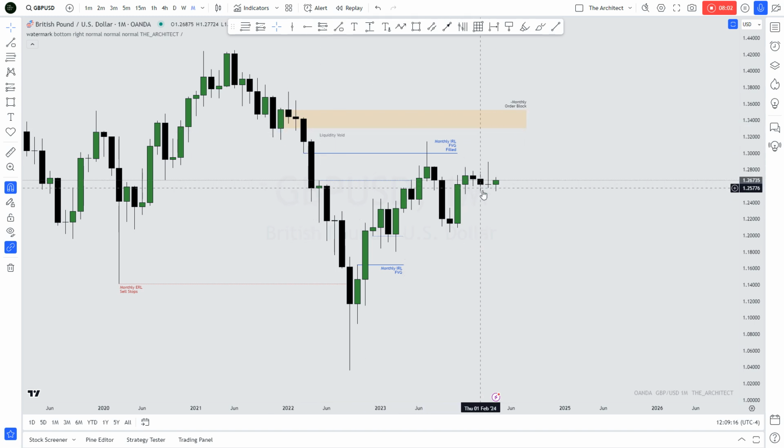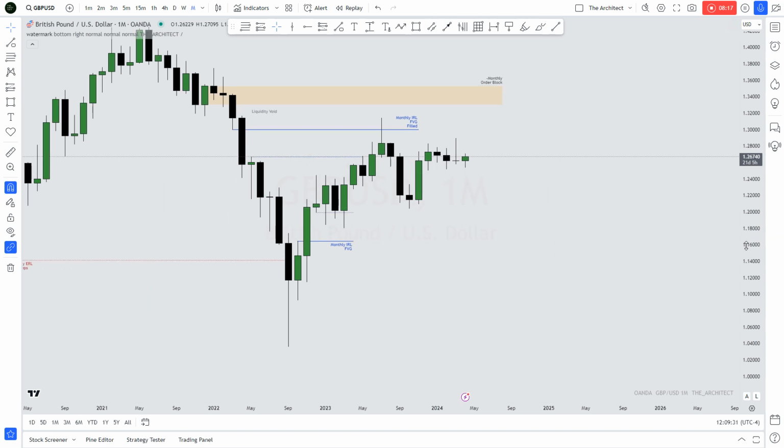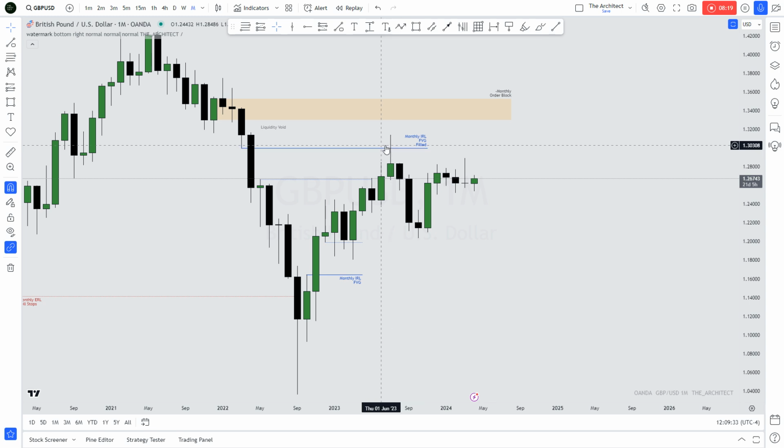So there's a likelihood that we may see price wanting to deliver so as to reach into that monthly order block, right? Because we'd basically be trading a low resistance liquidity run into that order block, right? But with that being said, let's continue to investigate it, right? So we see that the market delivers into the monthly fair value gap, price weakens, gets into this order block over here. We will look into that on the weekly time frame so it's much clearer, right? And then we start to see a bit of a bullish delivery.